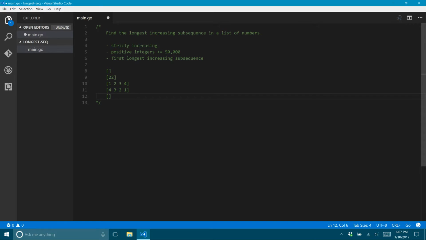And then we could have a couple other things, right? There could be many subsequences in here, not just one. So you could have, say, 10, 11, 1, 2, 3. We could have